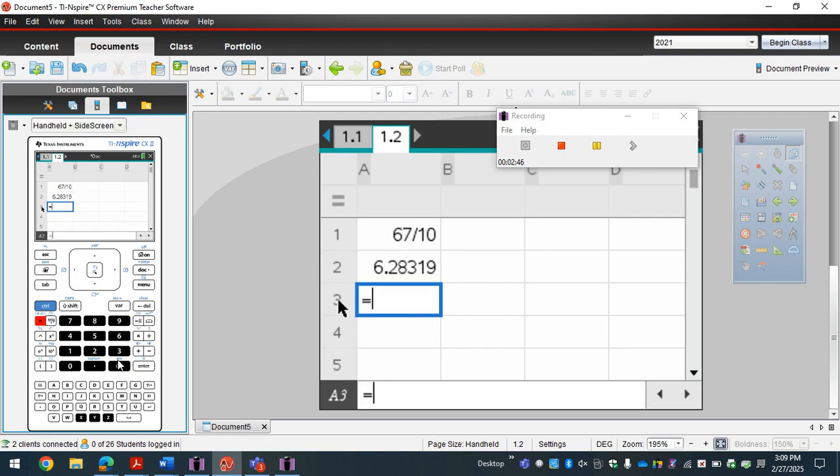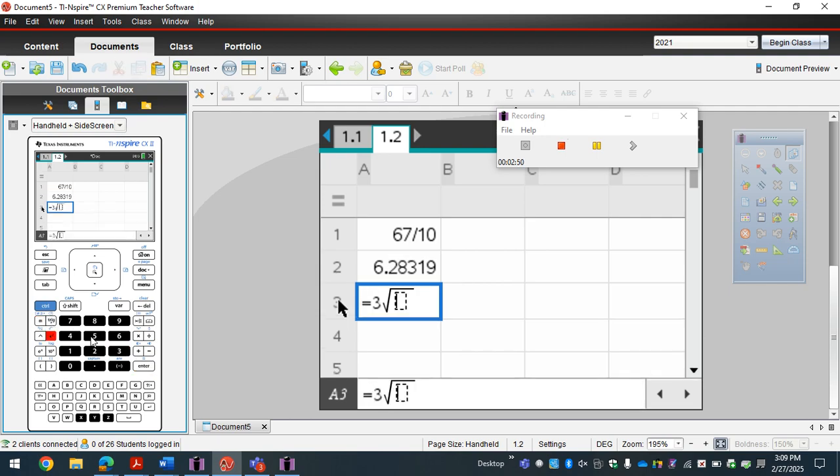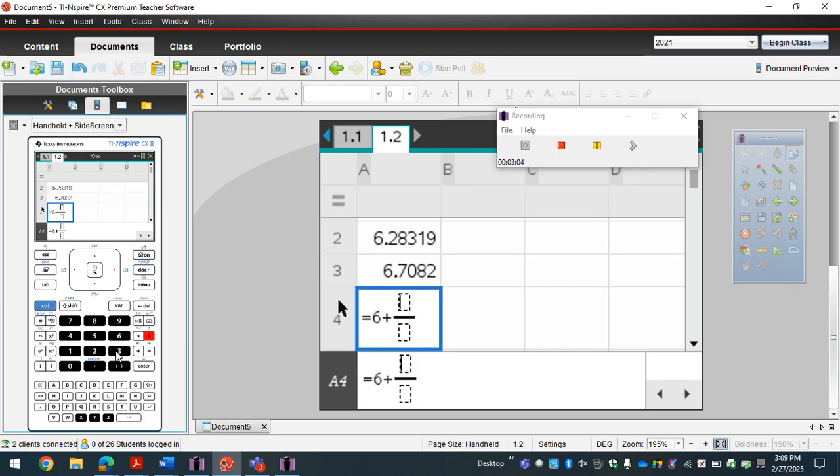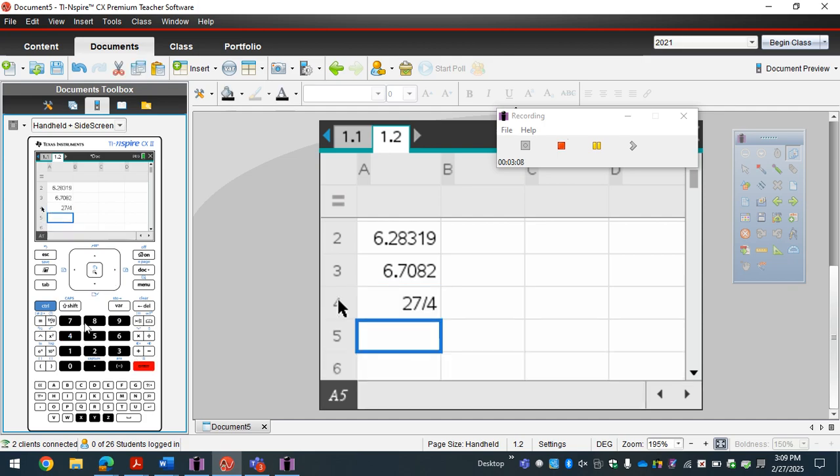Equals 3 square root of 5. And the next one's a really important one. We're going to have a 6. Okay, 6 plus 3 over 4, 3 over 4, equals